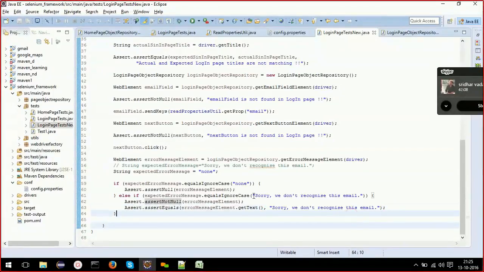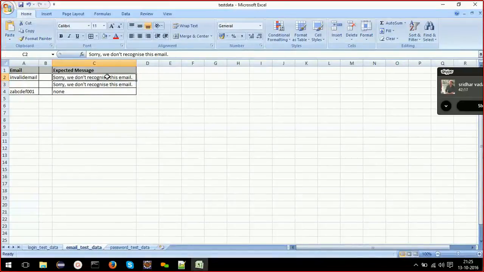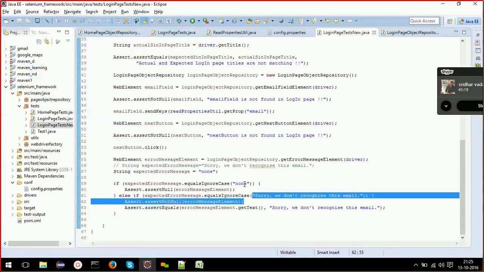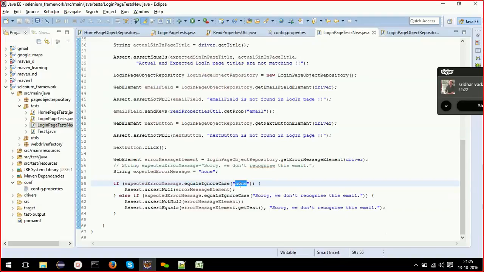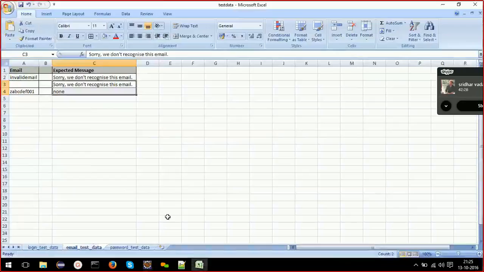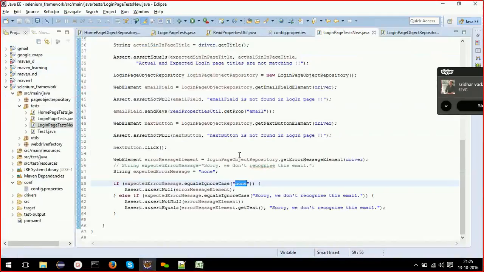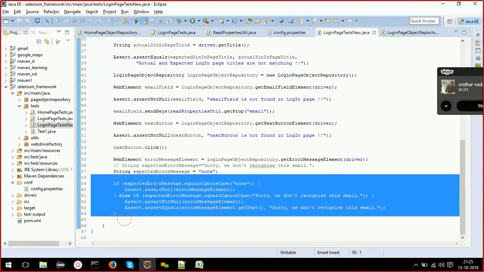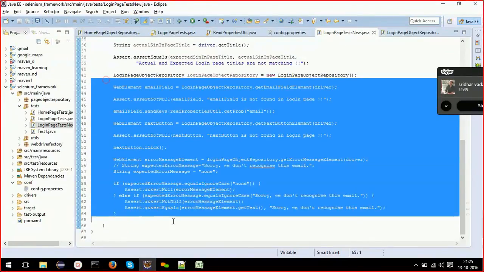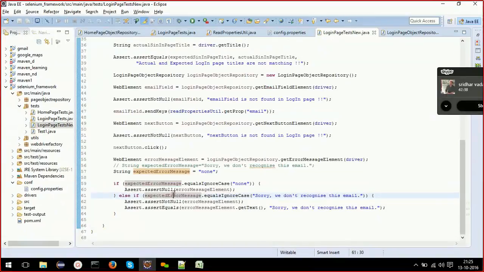For now, this we have hard coded, but we are going to get this value from this Excel directly. Similarly, this none also. So we are going to read entire data from the test case. So hope you have understood this test case.